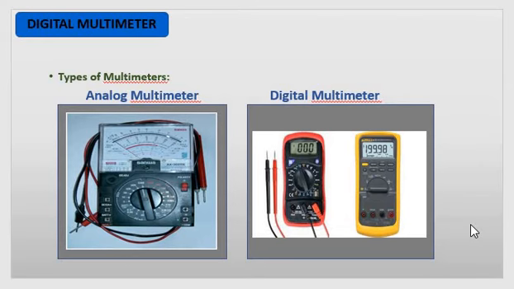So the main advantage of digital multimeters is the output display which directly shows the measured value. It is very accurate, it has high accuracy and the ability to read both positive and negative values. That is generally absent in the case of analog multimeters. So this is about the analog and digital multimeters. Generally we use the digital multimeter to measure the various electrical parameters.